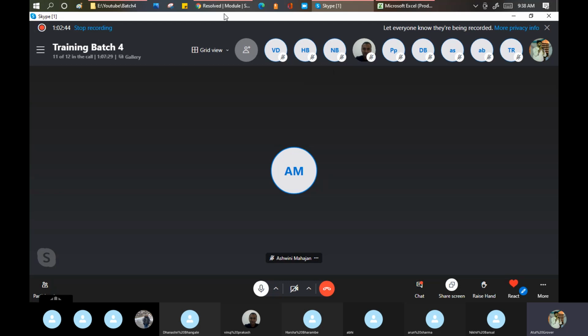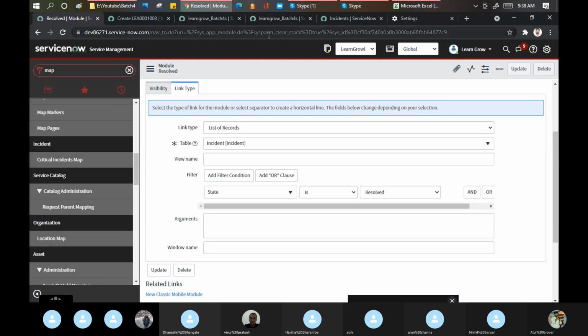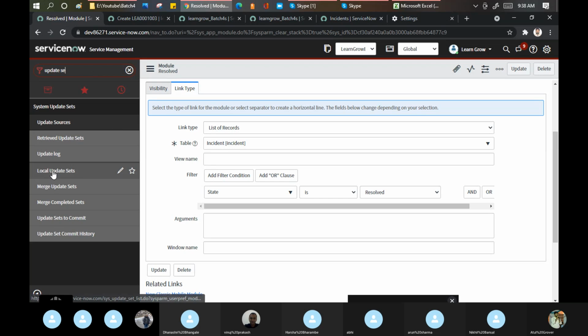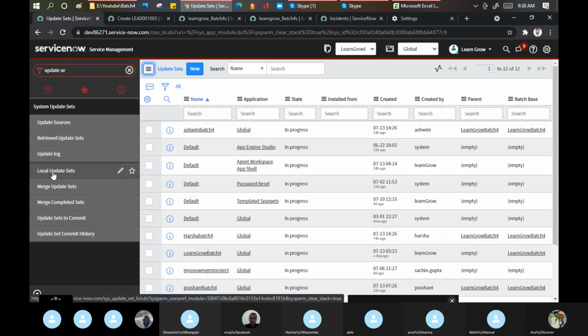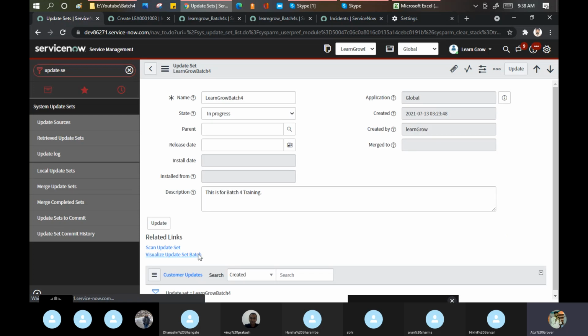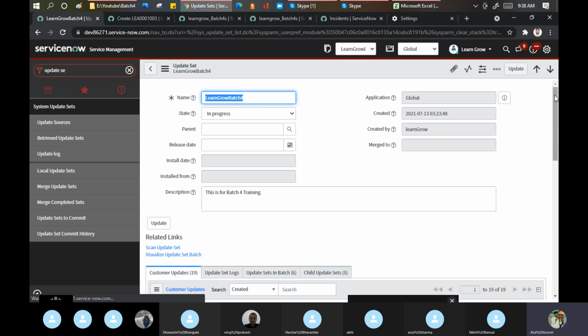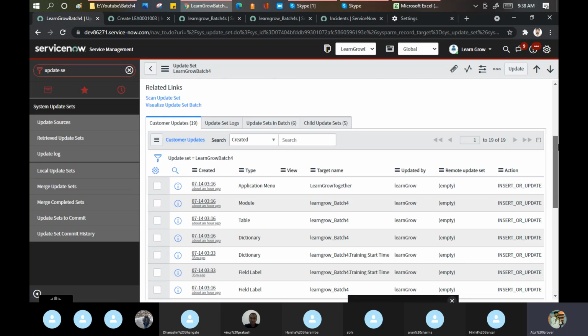Okay, now one more thing I want to show you. Yesterday we created the update set and today we created a new table as well. Let's see what has been captured in the update set. Local update set. Very good, guys. Everybody created the update set. Nice. Okay, who else created?